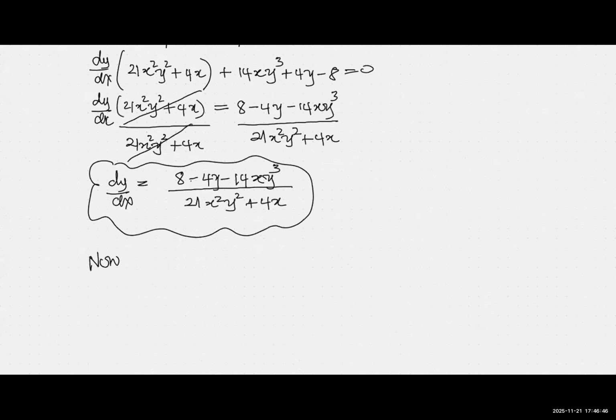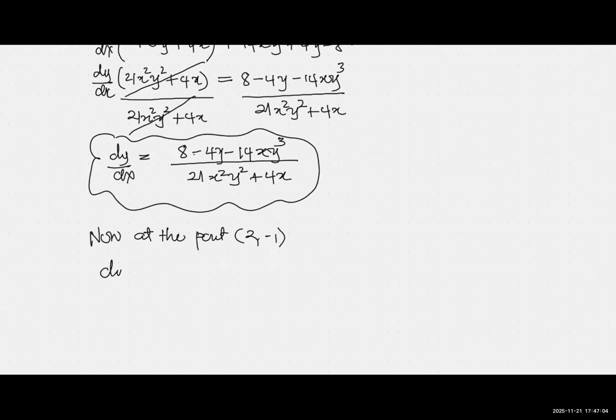Yes, sir. Good job. Now at the point 2 comma negative 1, the value of x is 2 and the value of y is going to be negative 1. It's going to be 8 minus 4 times negative 1 minus 14 times 2 times negative 1 cubed, all over 21 times 2 squared times negative 1 squared